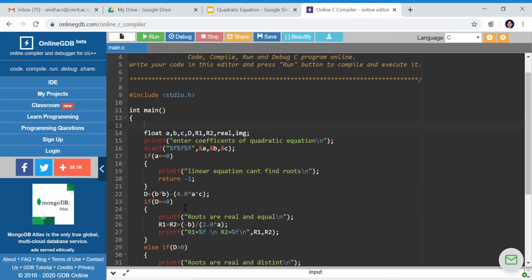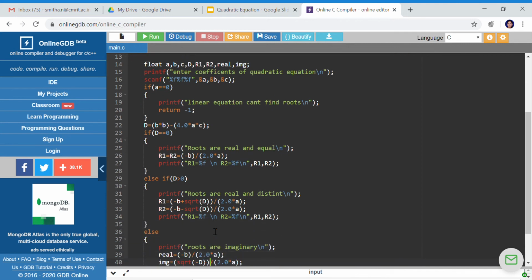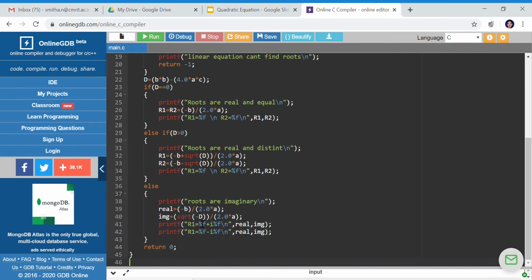Otherwise, we find out the discriminant. If it is 0, I will find real and equal roots. Real and equal is minus b by 2a, and I'll print it. If it is not 0, if it is greater than 0, I'll compute like this and print. Else, imaginary part is minus b by 2a. Real and imaginary part is printed as a plus ib, and second one will be a minus ib. That a and b is nothing but your minus b by 2a and sqrt of minus d by 2a. So if we run this program,